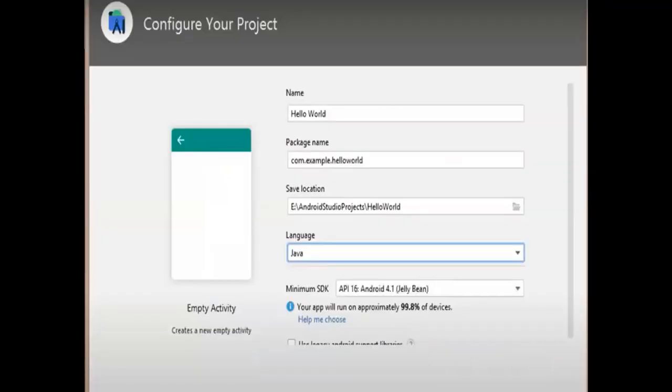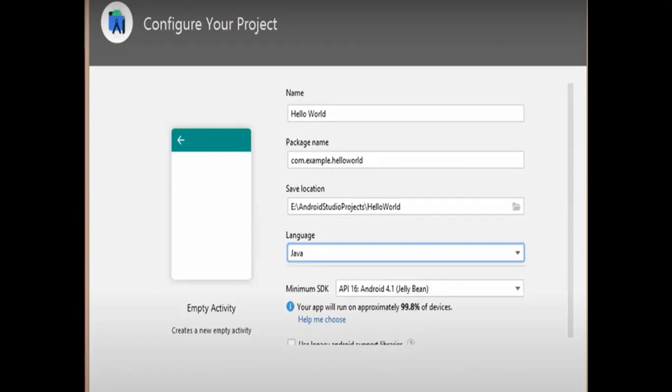Here you have to name your project. I named my project Hello World. After that, you can select your language, either Java or Kotlin. Kotlin is a very new programming language which is officially supported by Google, and it is one of the preferred languages for Android development.